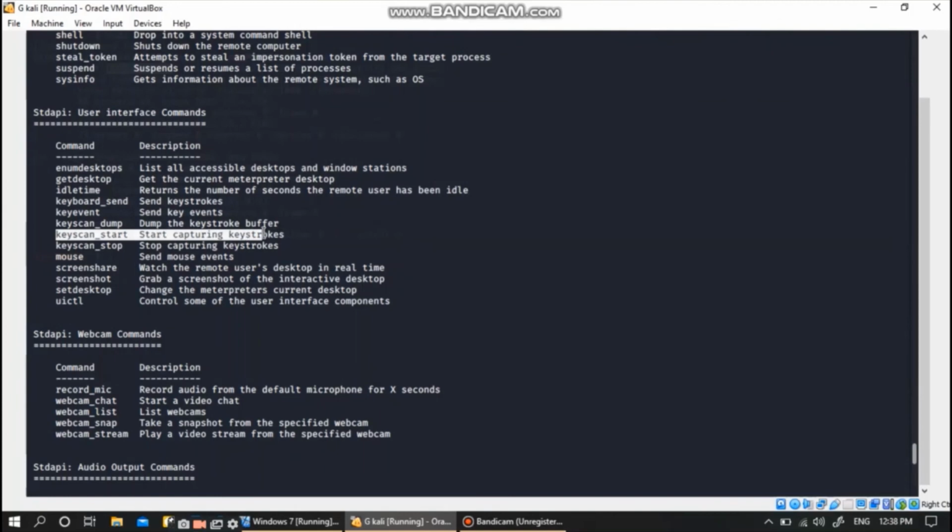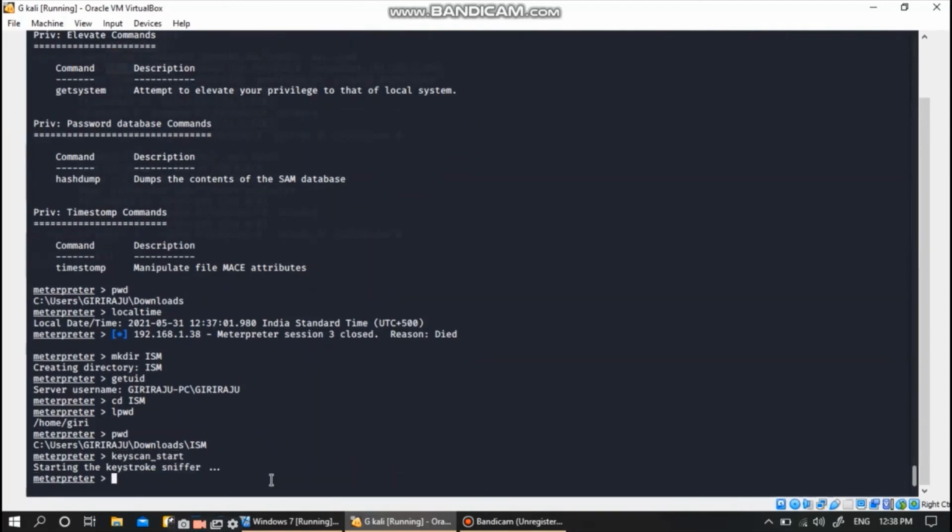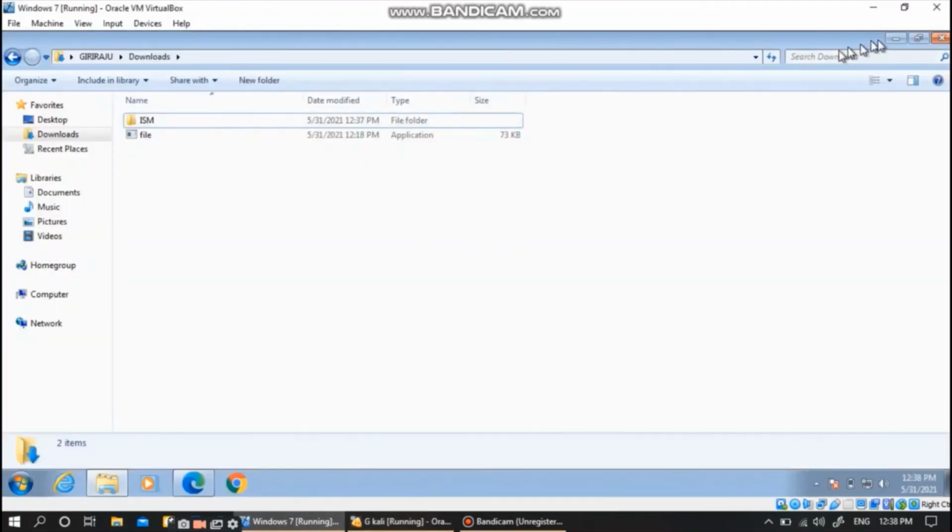Now let's see how we can do the keyboard scan action. So keyscan_start is the command. Now we'll go to any web browser, like any of the social media, like we'll go to Facebook.